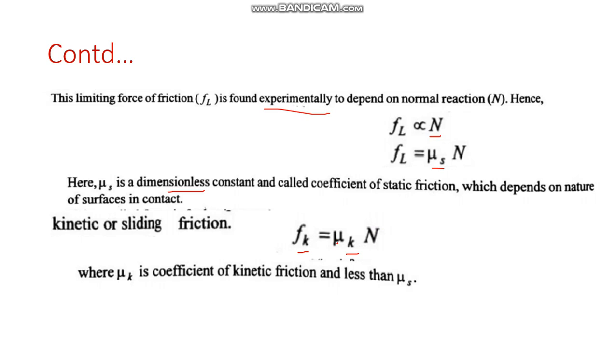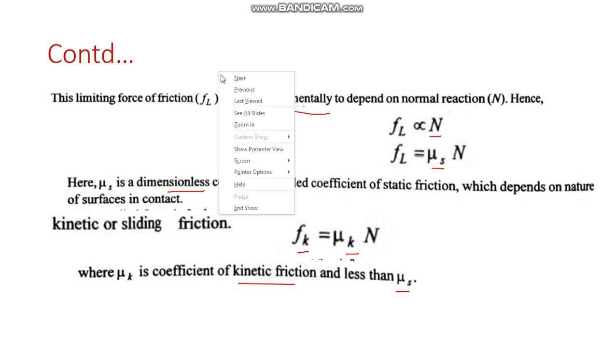The normal reaction comes only when the surfaces are attached with each other. An object in the air will have no normal reaction, but an object on the ground will have normal reaction. And kinetic friction is always less than the static friction. If you imagine a car, moving a standing car is more difficult, but a slightly moving car is easier to move. If you have ever felt it, it proves that kinetic friction is less than static friction.